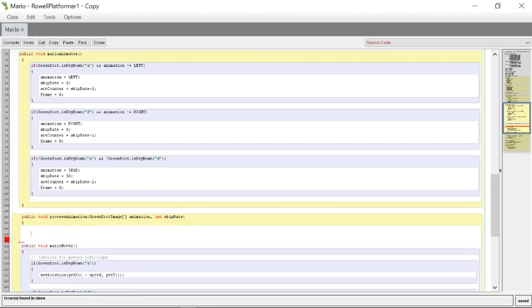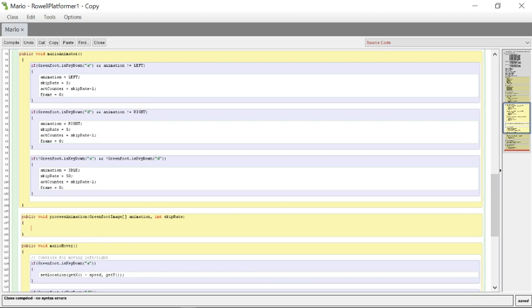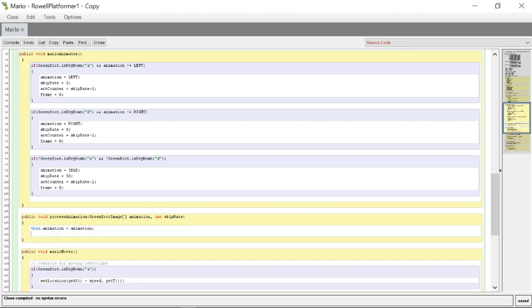And what I'm going to do then is I'm going to say that the animation that I use in this class is going to be set to the animation I pass in through my method here. I'm going to set this skip rate in my class to the skip rate passed in